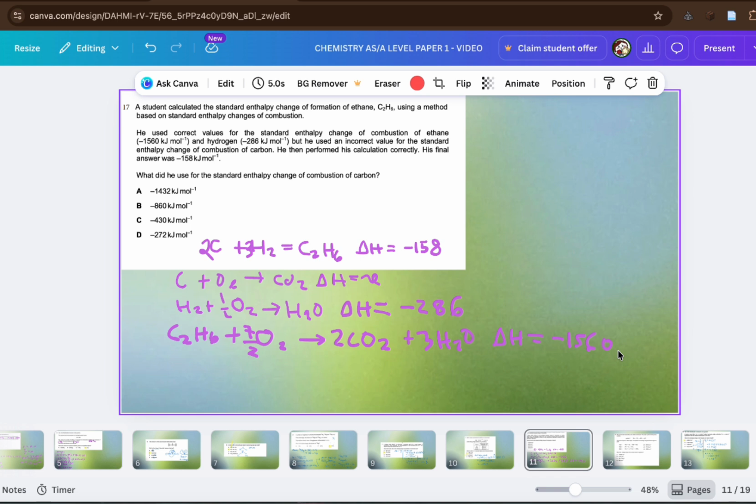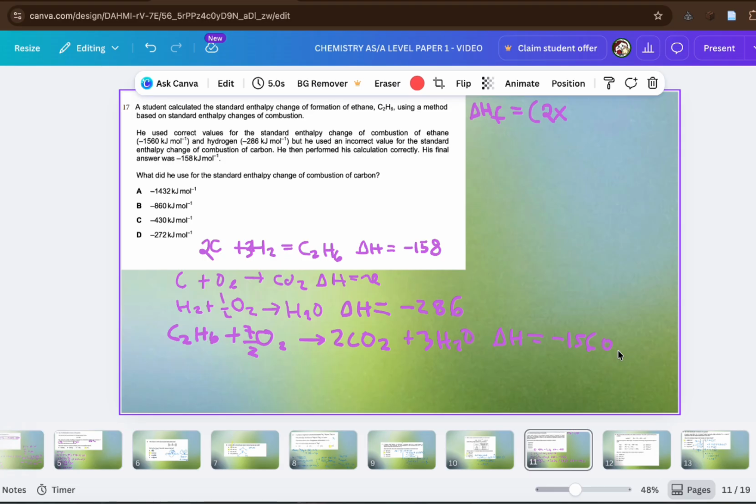All right, let's put it here. So enthalpy change of formation of ethane equals twice the amount of